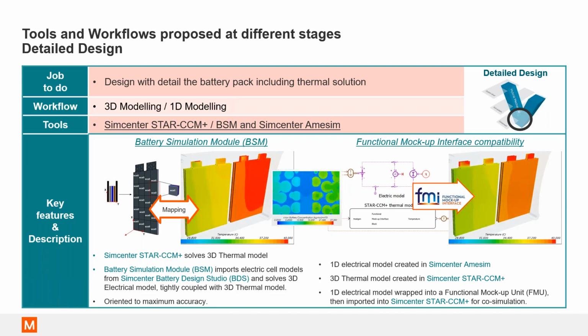distribution also varies. Here, what you see is if I did a microstructural electrochemistry, I can see how the lithium ion concentration is varying as I discharge my cell. And this gives me the most accurate solution on how the pack would behave. And that I can combine with AIMSIM to create a functional mock-up unit, or FMU, where the Star CCM model is talking to the 1D model because I already have the results.